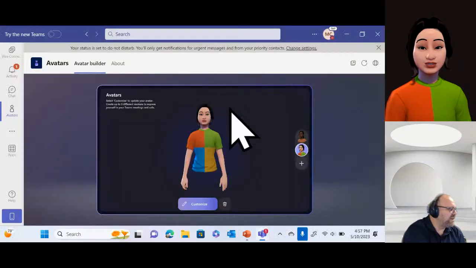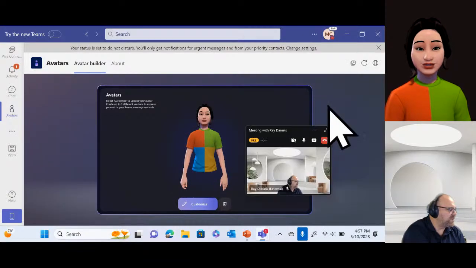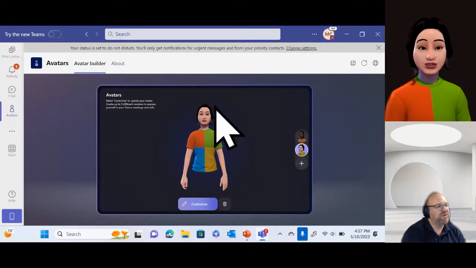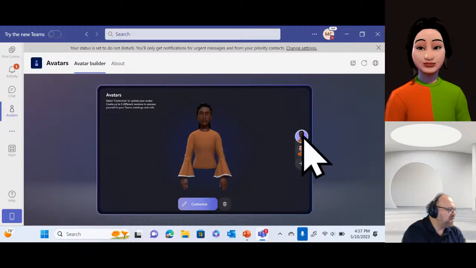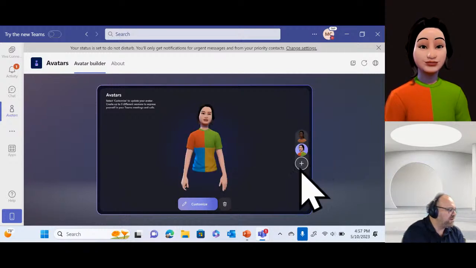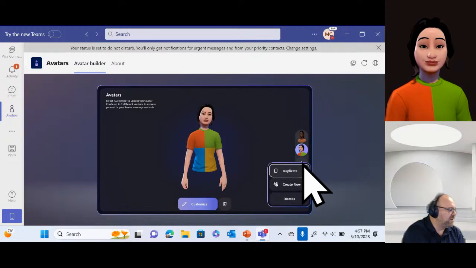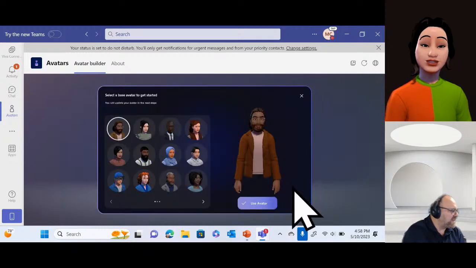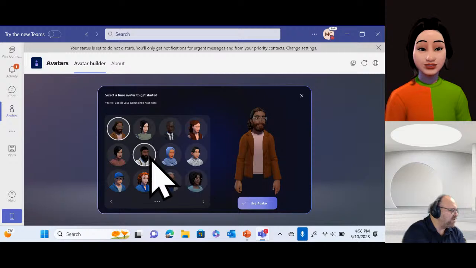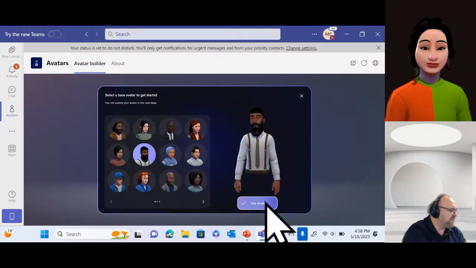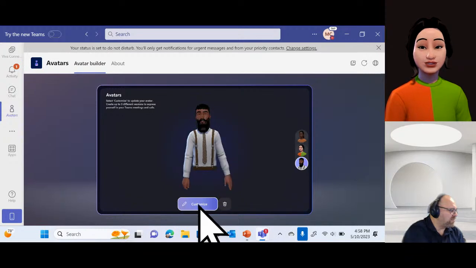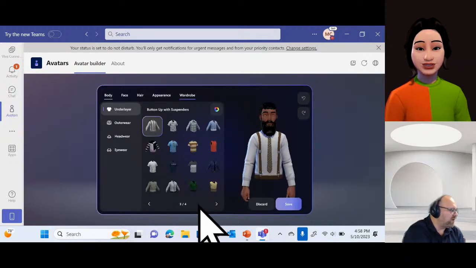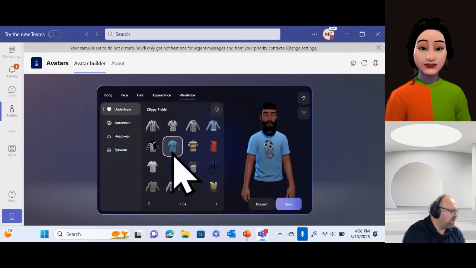But you can also see the avatar customization that I have within Microsoft Teams to add up to 3 different avatars and personas to represent myself. I can have 3 different looks, and they can be based on something that may resemble me or doesn't resemble me at all.